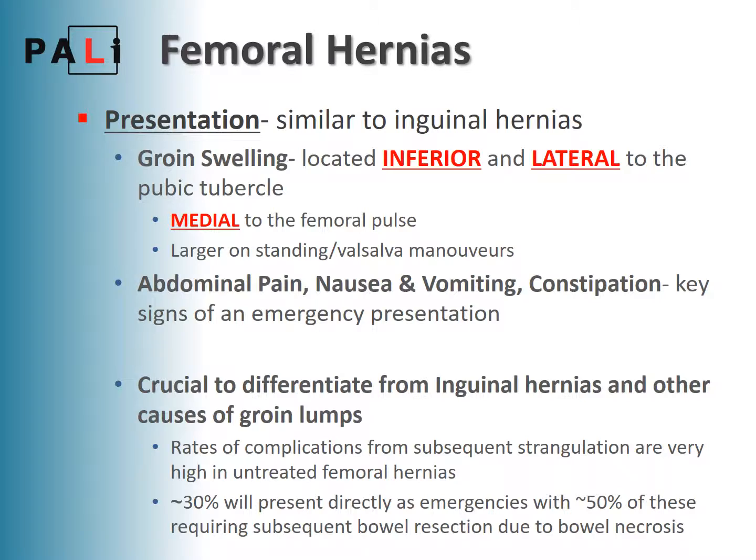They present similarly to inguinal hernias. They most typically have a groin swelling. However, in contrast to inguinal hernias, this will be located inferior and lateral to the pubic tubercle. In addition, the groin swelling should be located medial to the femoral pulse and will be larger on standing or with Valsalva maneuvers. Abdominal pain, nausea and vomiting, and constipation are key signs of an emergency presentation of a femoral hernia. It is important to differentiate femoral hernias from inguinal hernias and other causes of groin